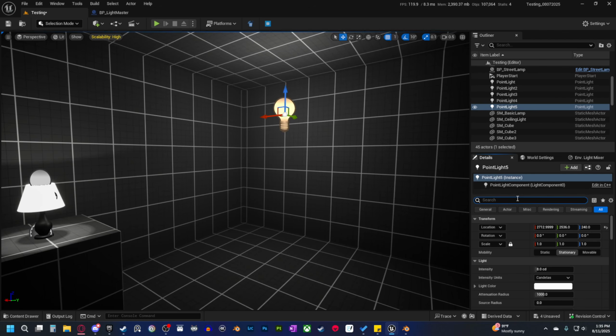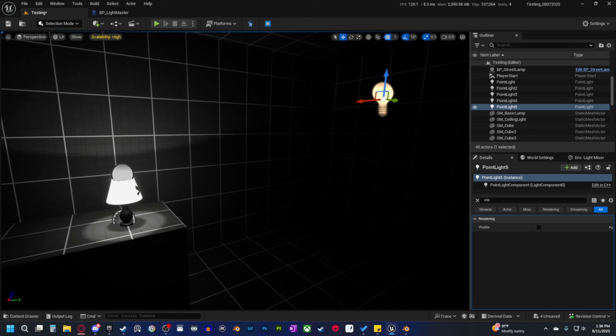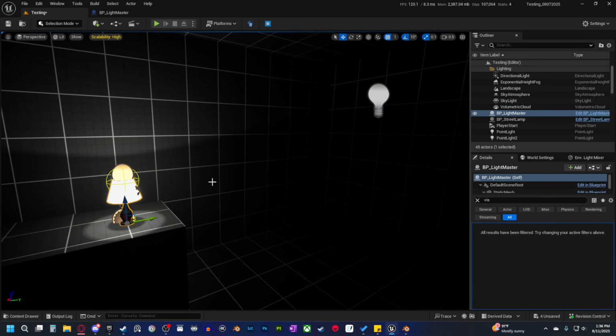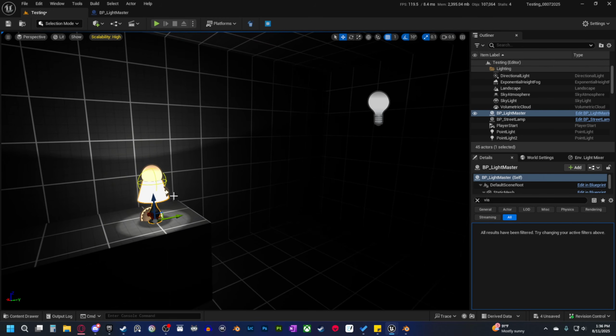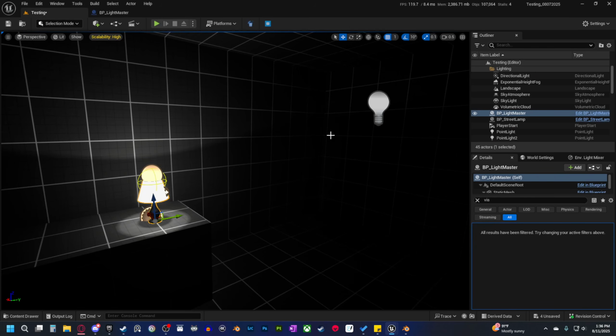This doesn't really make any sense, but just to show you how this works. So I'm going to set the visibility to be off. And what I want to do is say when I interact with this, I want to turn this light on. So think about this like you're interacting with a puzzle, or this could be anything, and then once that puzzle is finished, or once some event happens, in our case, once we toggle the light here, we're sending out a message to do something else. And we can use our level blueprint for a lot of this. So if I open my level blueprint here,